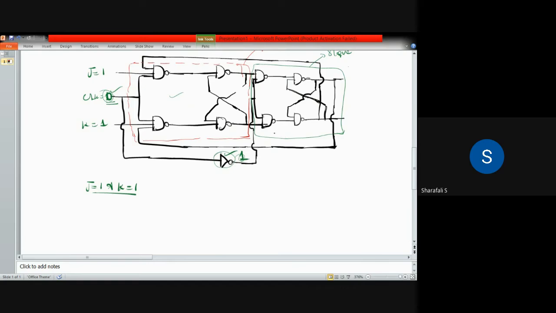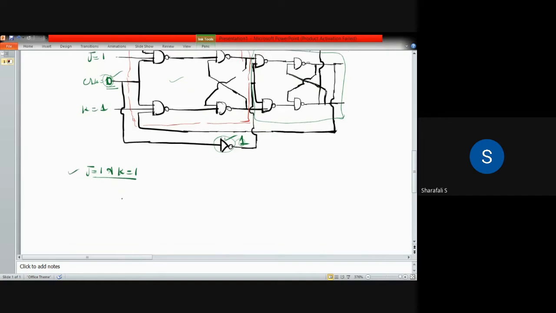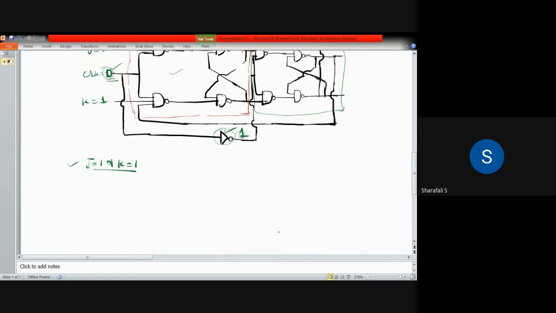So when your master is active, slave is inactive, and vice versa. So under this condition, when J equal to 1 and K equal to 1, and you have this kind of circuit diagram with master and slave JK flip-flops, if you draw the clock using pulse diagram signals, we can say